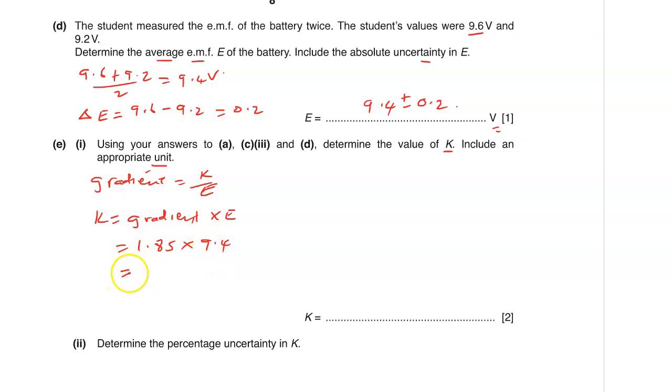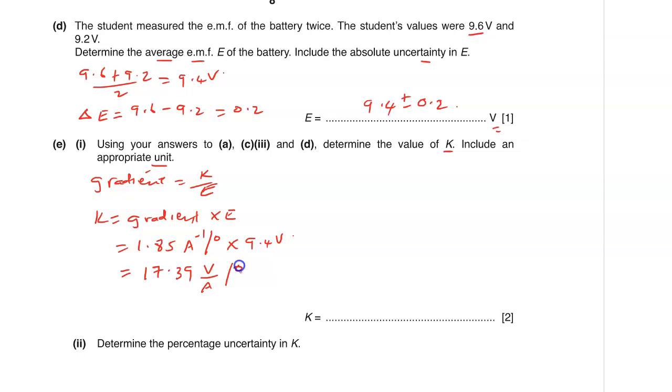9.4. And therefore K can include the units. Let's include the units here. This is per ampere degrees, per ampere degrees, times 9.4 volts. So that we are good to go. When you multiply this times this, you get 1. This is not 1 point, this is 17.39. And of course, this is going to be volts over amperes